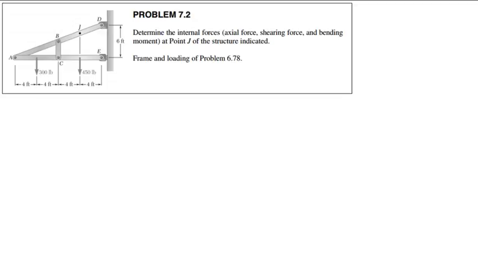Today we're going to go through a couple of practice problems, review a couple of homework problems from the Beer Vector Mechanics book, and then we are going to have some more notes on shear and bending moment diagrams. All right, so